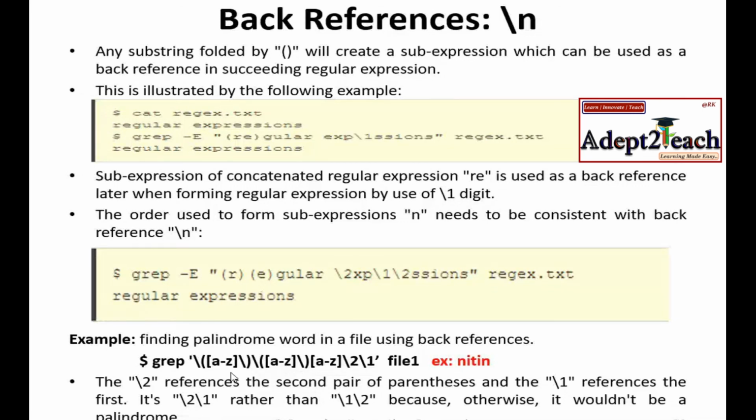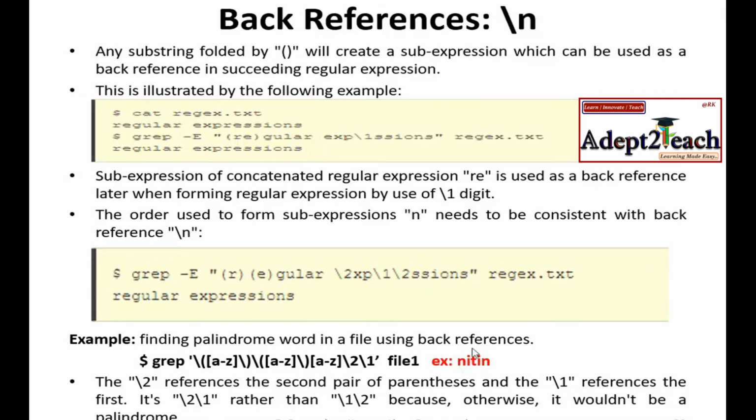Okay, now I will start with the numbering. Since this is enclosed in the second bracket, it will automatically be treated as 2, and the first expression enclosed in brackets will be treated as 1. Now when I have to match, how am I going to match? My first expression should come as my last expression.